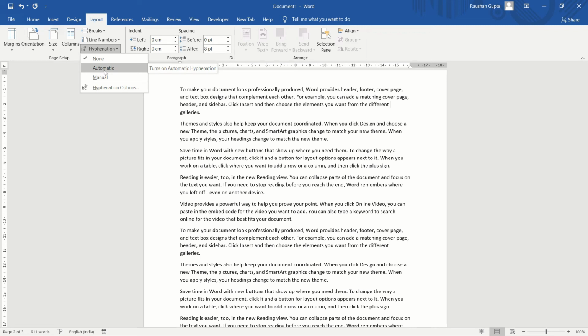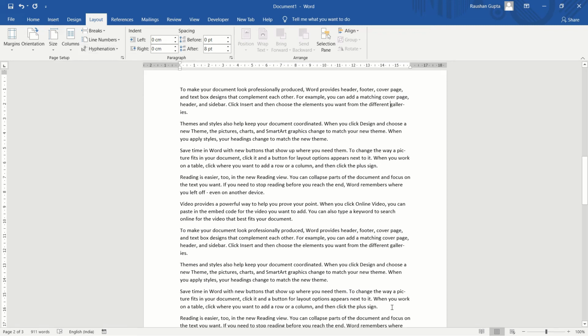We'll select Automatic, and the whole paragraph will be automatically hyphenated. For example, first there was a gap, but now you can see that the gap has been used. So this is used to save your space.